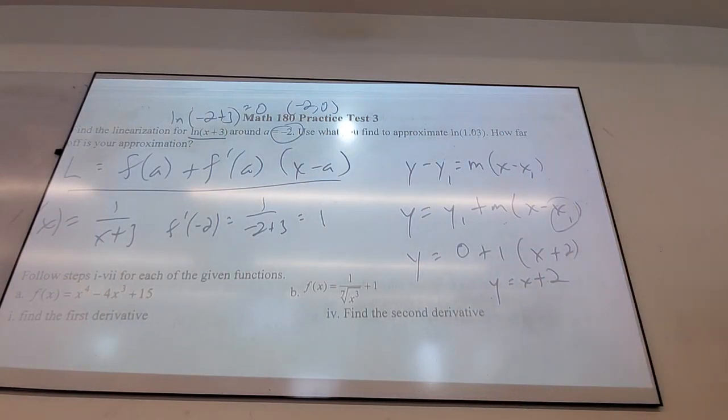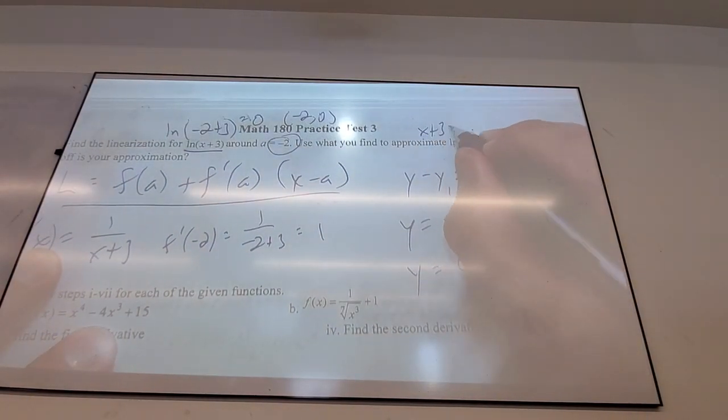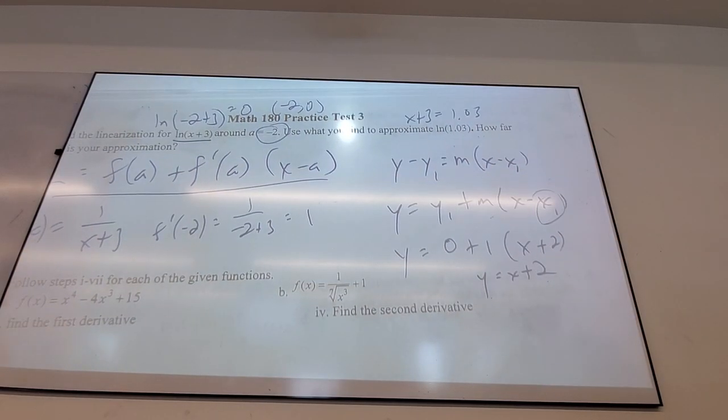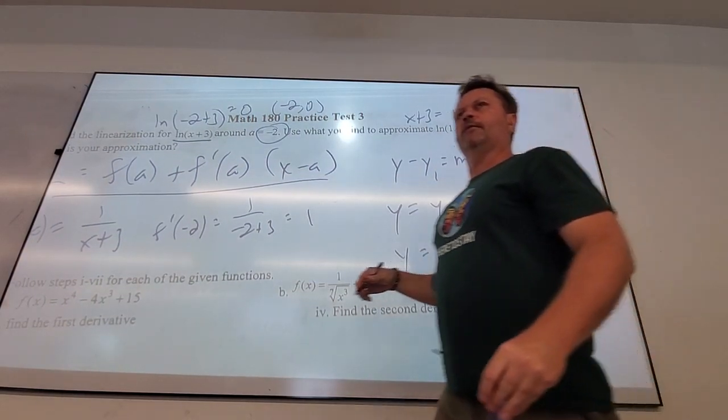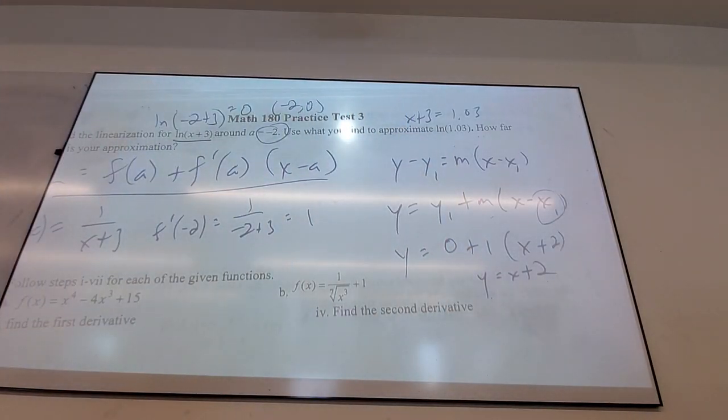So you have to do a little side quest, right? x plus 3 is 1.03. Subtract 3, get what x has to be, and that's what you plug in here. And the beautiful thing is, real quick, can somebody solve that for me? x plus 3 equals 1.03. What's the answer? Negative 1.97. What is true about negative 1.97 that tells me my approximation should probably be good? It's close to negative 2, and that's what we just said a minute ago. It only is going to work well for things that are close to negative 2. Could that be why I picked that?